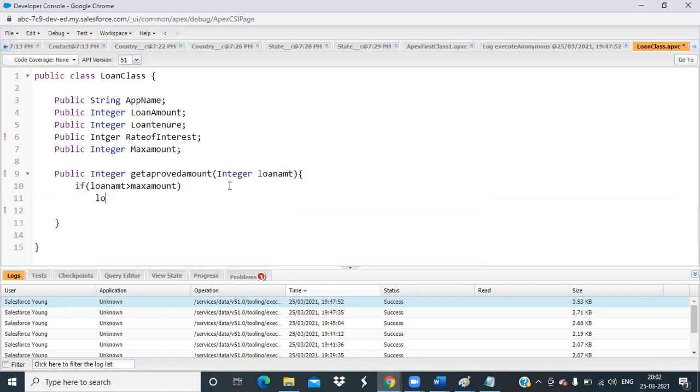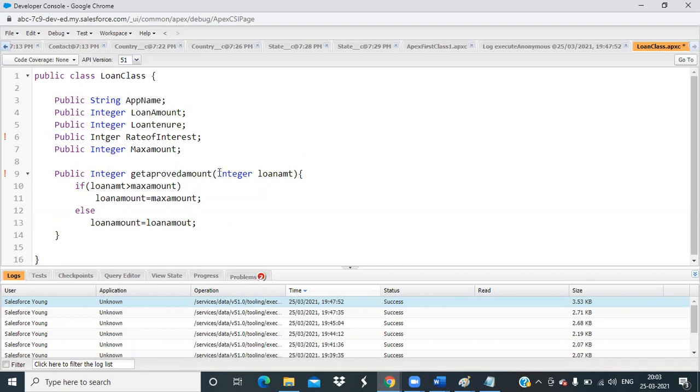Else my loan amount is the same loan amount, whatever amount I am getting. What function do I have, what amount can be approved.